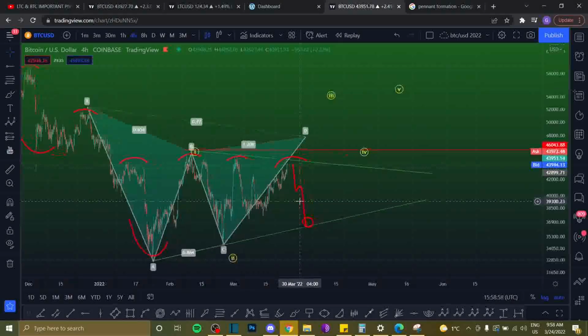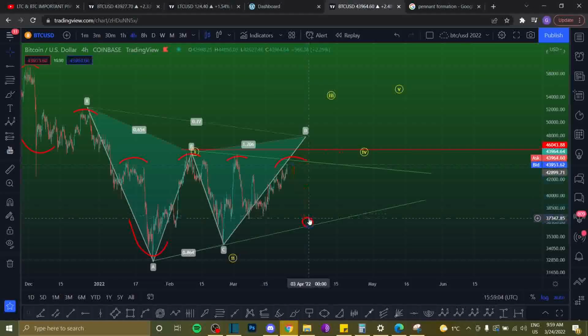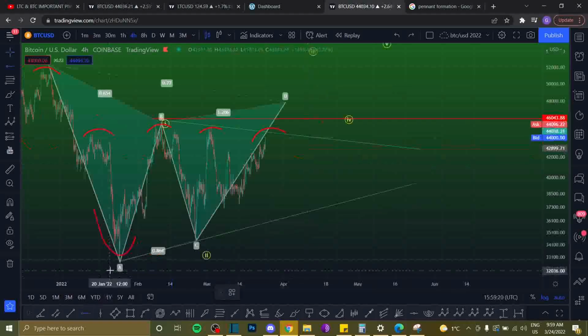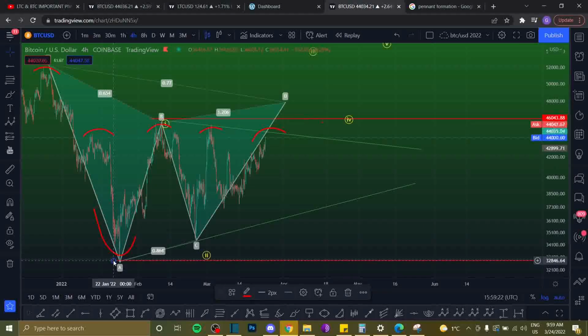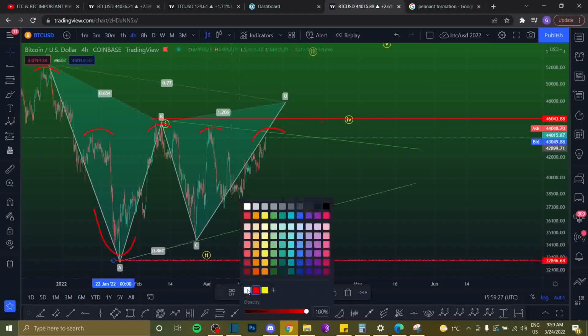Therefore, in order to play this market in your favor, you wait for a solid confirmation break above our bullish pivot point right over here in red,